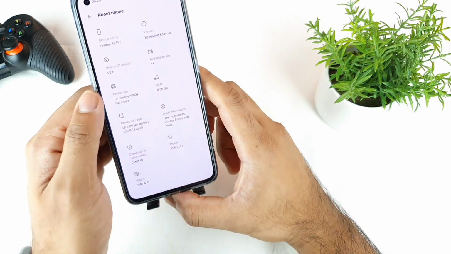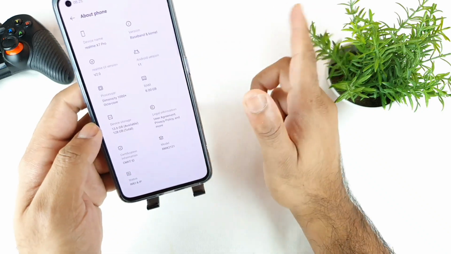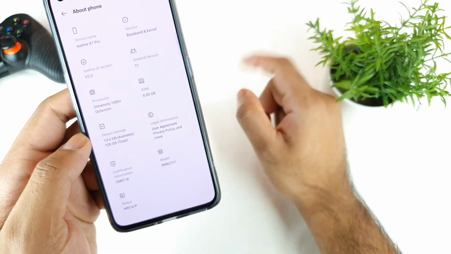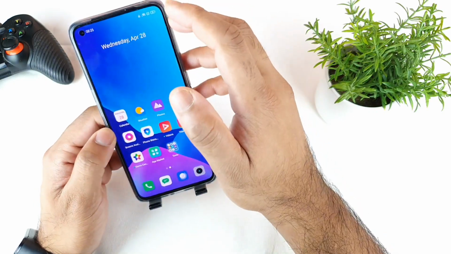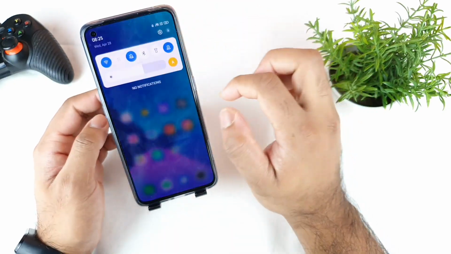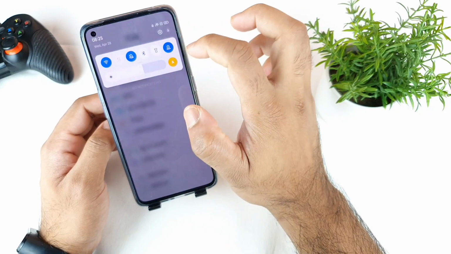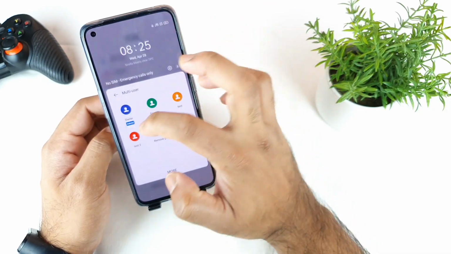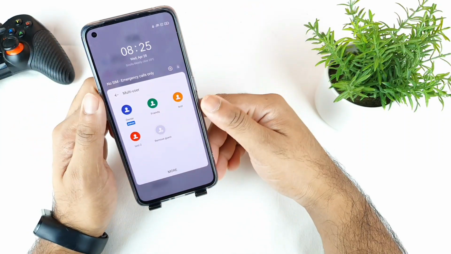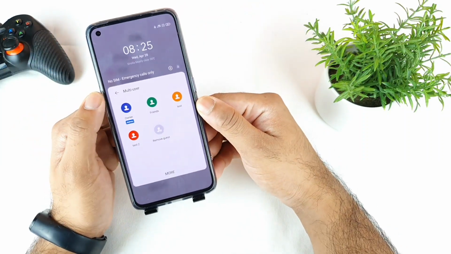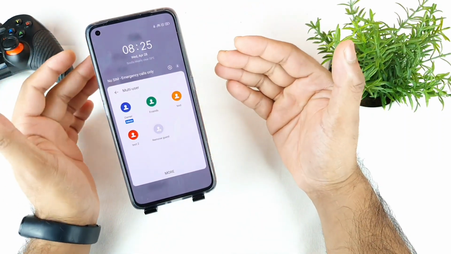Right now even the available space is very low because my admin user is using a lot of space for himself, as you can see, friends. In this way you can get different kinds of results. I'll scroll down the notification panel, and once you open the notification panel here, you can see all the different users in one format. So in this way you will be able to create a multi-user interface on this one Realme X7 Pro.